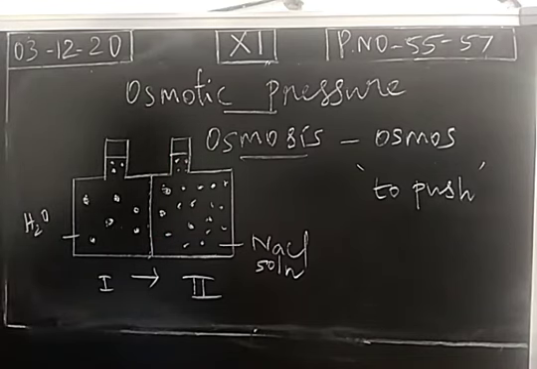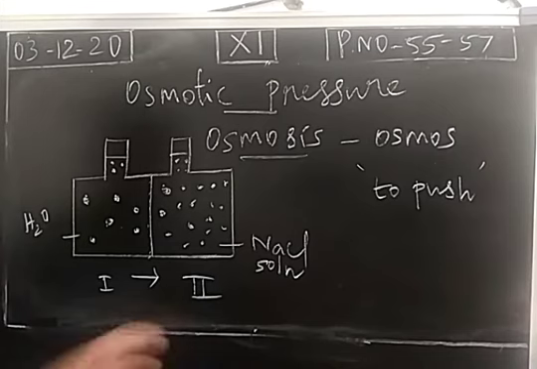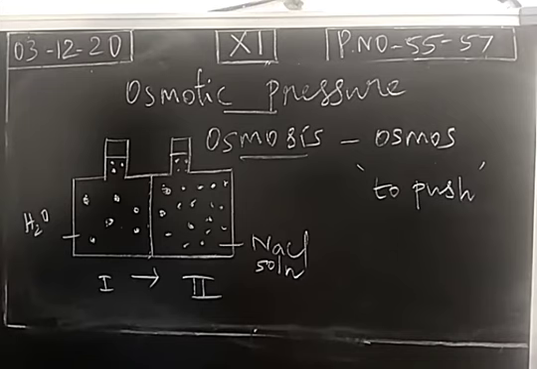Once equilibrium is attained, the rate of movement on both sides will be equal. At equilibrium, the rate of forward and reverse process is the same. The same principle: the rate of movement of solvent from the first compartment to the second compartment and from the second compartment to the first compartment will be equal at equilibrium condition. Okay.